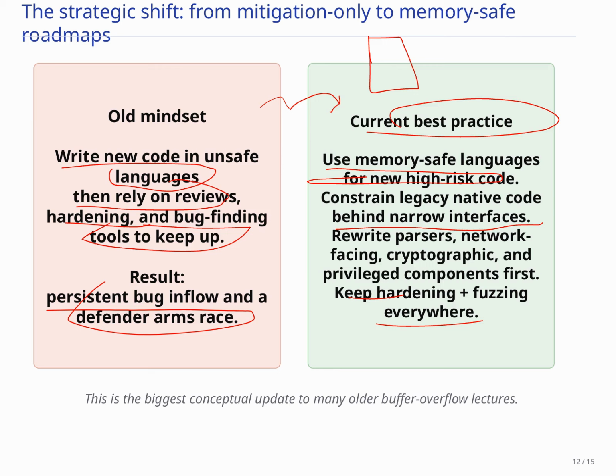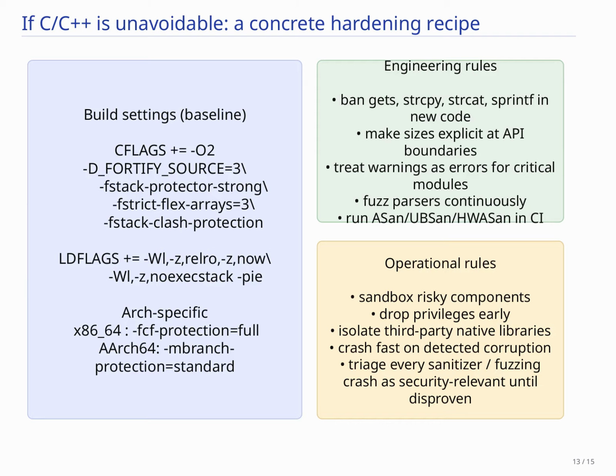I mean, it doesn't perform well, and it doesn't have the same performance as you get in a native, manually memory-managed language. That's why we still cannot get out of it. So if C++ is unavoidable, which means some part of the underlying operating system, underlying programs and everything still has to use it,